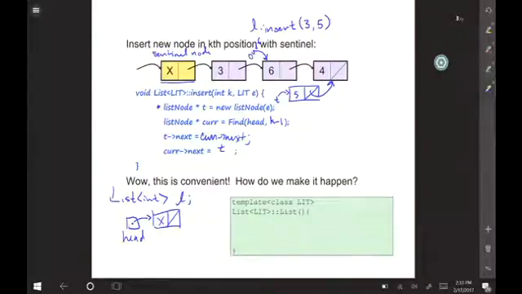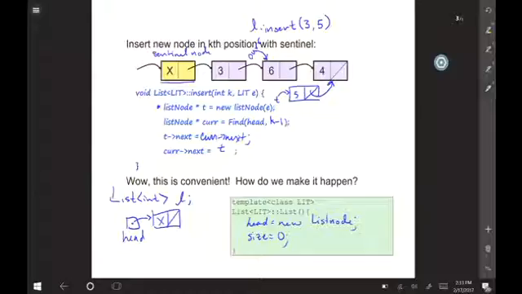Okay? So let's write that code really quick. It's just head equal new list node. And that's it. That's all we have to do. I guess we should still set the size equal to 0, because we still want size to denote the amount of data in the list, not the number of nodes.